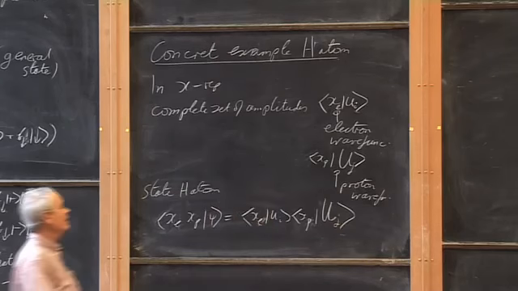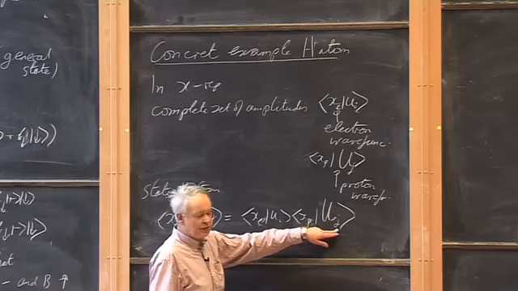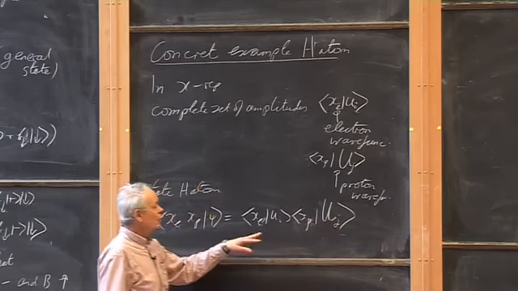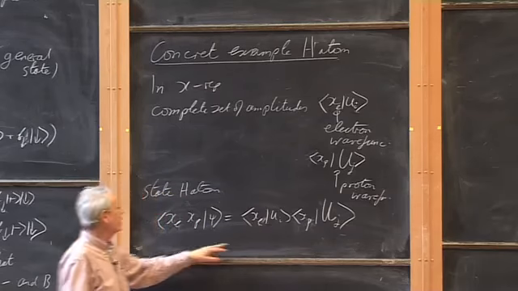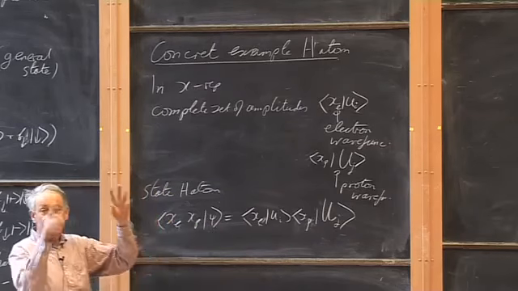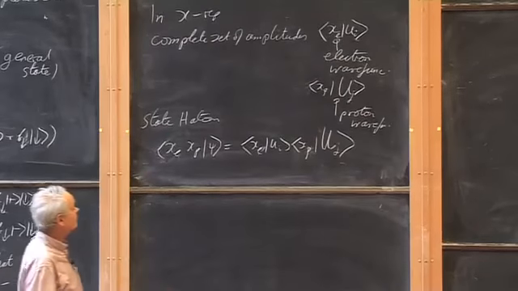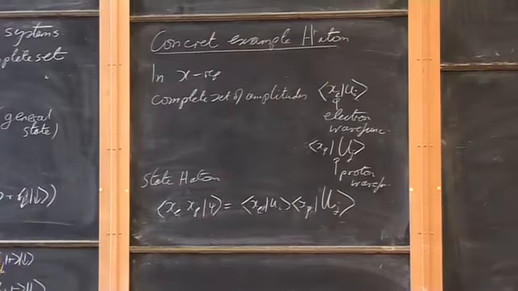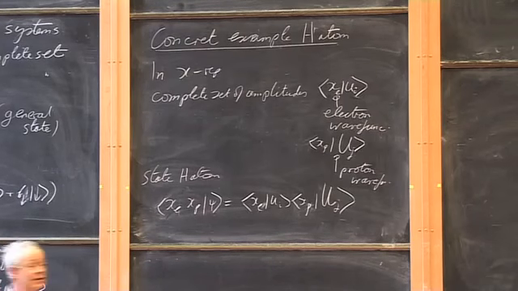So what is this? This is a state of the hydrogen atom in which the proton has this energy, the electron has this energy, and that gives me a state of the logically coupled pair of proton and electron. This, as I say, is not going to be a very realistic state of the hydrogen atom, because